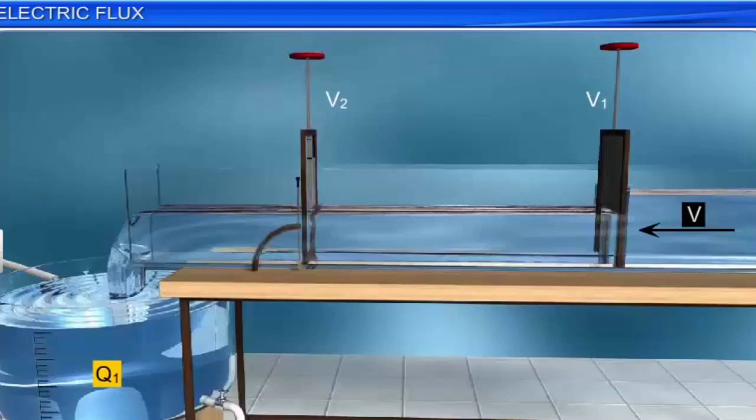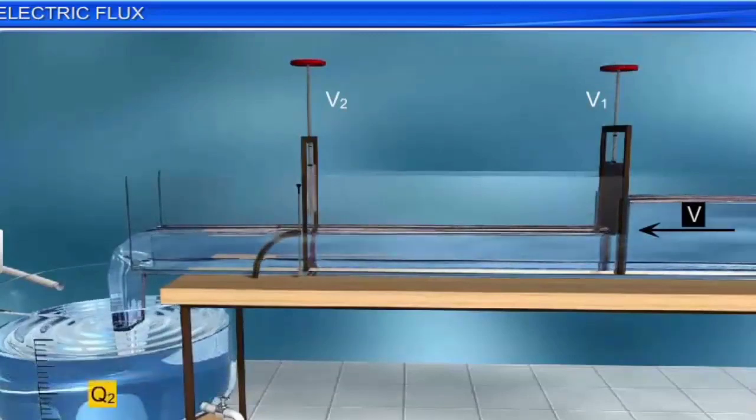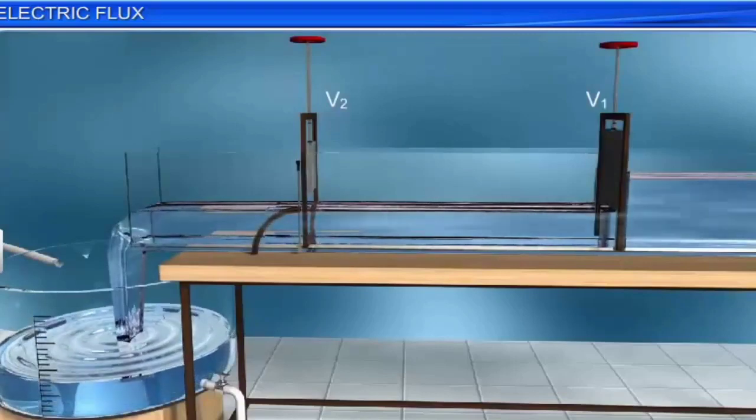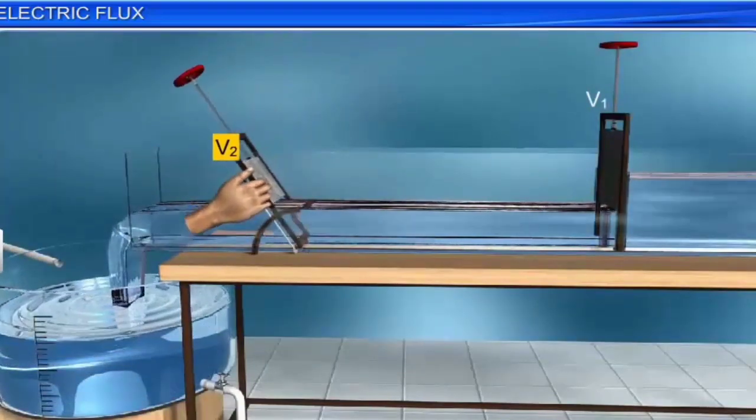Now, lower the closing plate of V1 without changing the position of the plate in V2. Measure discharge Q2 again for 5 minutes. Q2 will be less than Q1 as the area of opening in V1 has decreased due to the lowering of the plate. Then, swing V2 until the bottom line of the plate just touches the top surface of the water